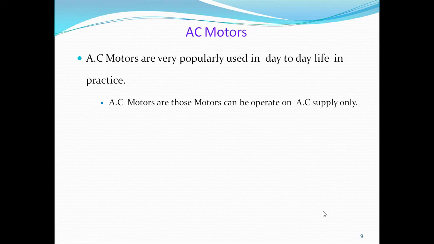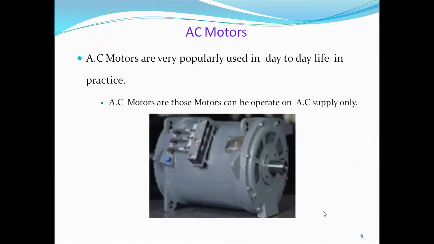AC motors are very popular these days. They are used in a very wide range of applications. This figure shows a synchronous motor. Here we can see it has the terminals for the three-phase supply. It is connected in the outermost circuit to the stator, where we give the supply. Inside this is the shaft. On this shaft it has the armature winding. The armature winding is rotating, whereas the stator winding, which is given the supply, is stationary. That's why it is called the stator winding.